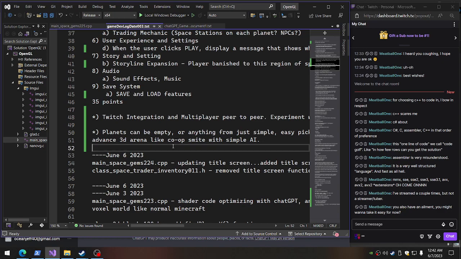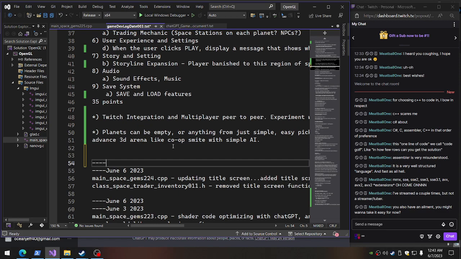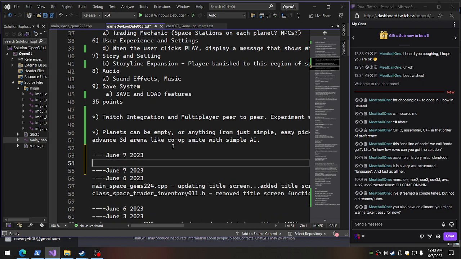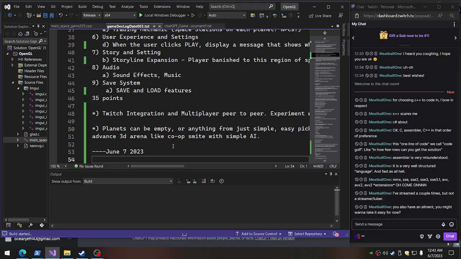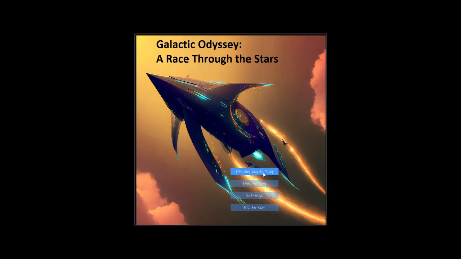Oh yeah, I gotta write down what I did today. That was really cool. See, I did the title screen the past 3 streams, but it really sucked until now. It was bad. So the title screen looks amazing now compared to anything before, because it's got the imGUI menu now, which is cool. None of the buttons work except for how to play. But yeah, this is really cool. This is an AI generated image, and then I used Paint to put that in there, and then this is from imGUI. So